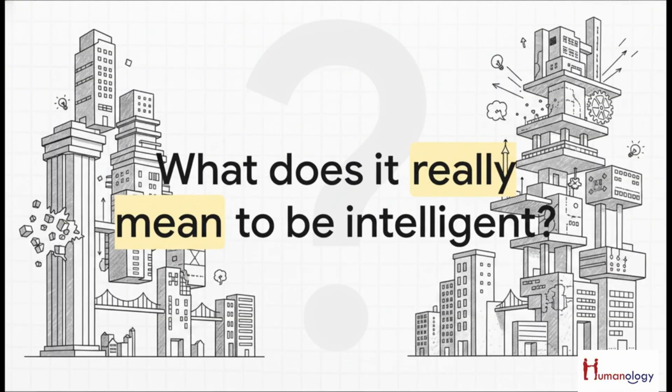But right out of the gate, before we even start mapping out this architecture, we have to stop and ask a pretty massive question. What does it really mean to be intelligent? Because, for decades, society had this incredibly narrow, rigid definition of what it meant to be smart. But as our source material reveals, intelligence isn't just a single number on a test. No way. It's an architecture. It's a multi-layered, dynamic structure. And to truly leverage our own minds, we basically have to tear down that old one-dimensional definition and look at the actual building blocks of capability.